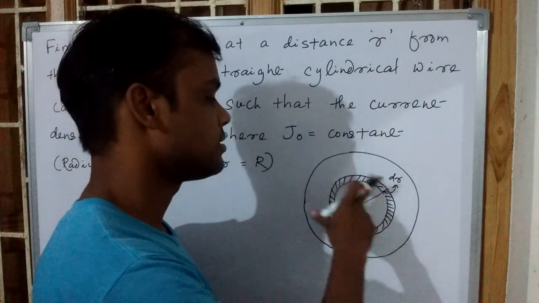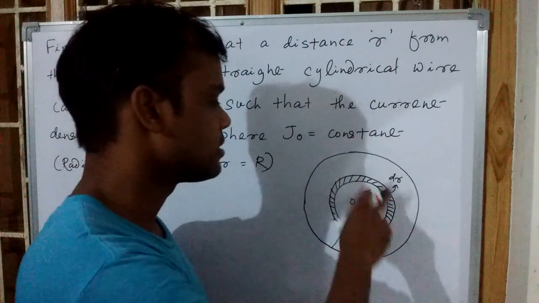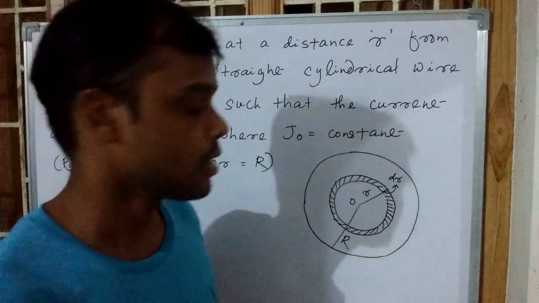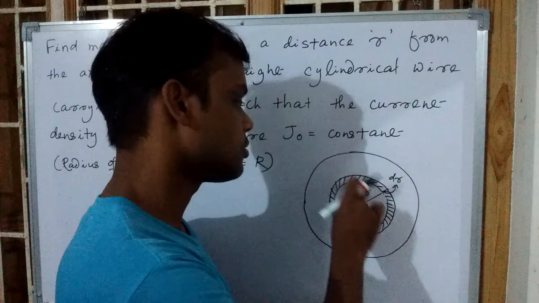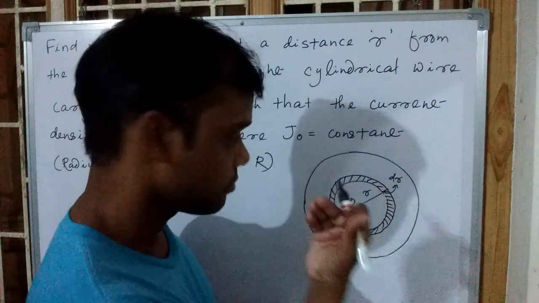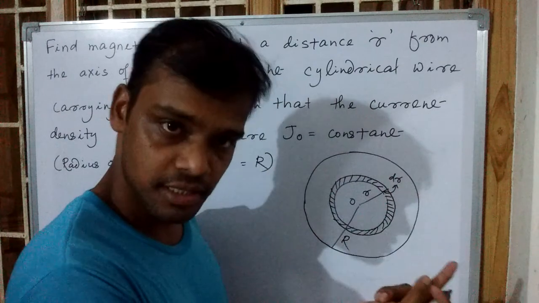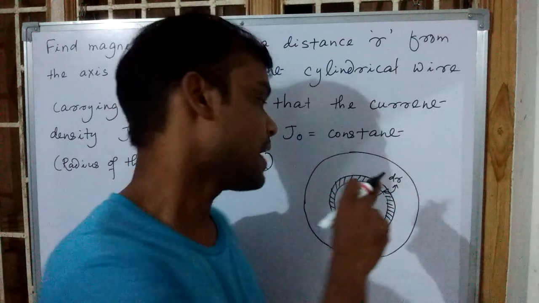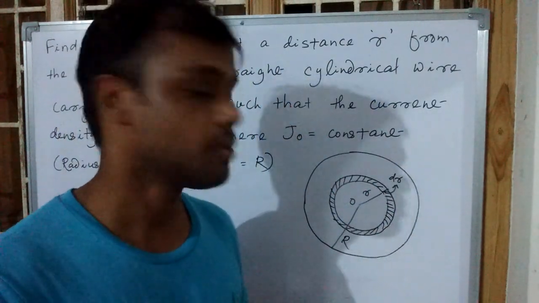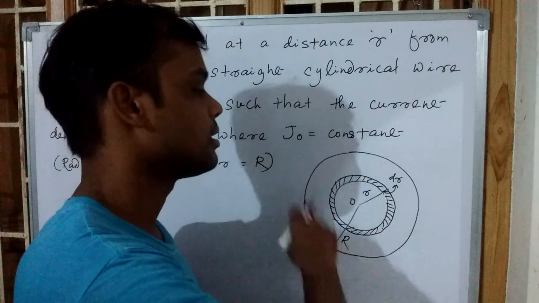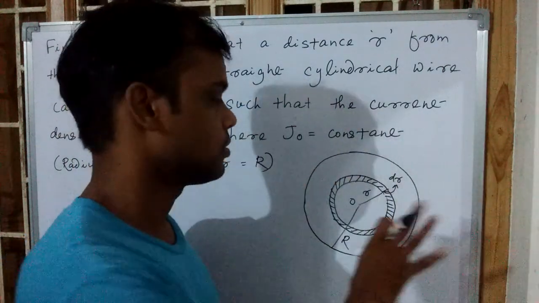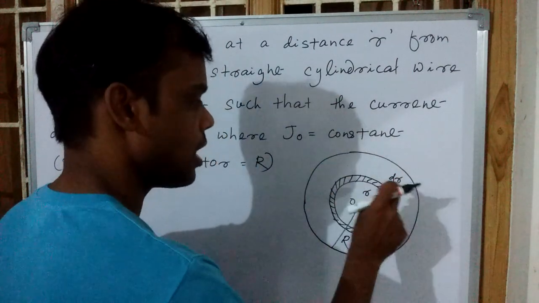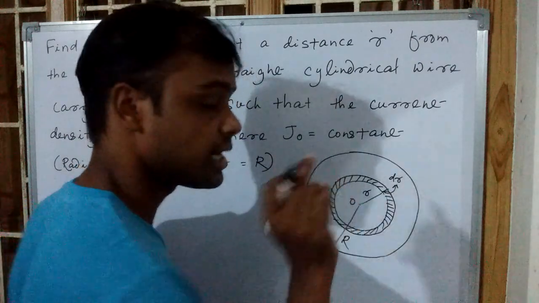Here my element is this ring. This ring is nothing but a portion on the cross section of the conductor, and of course this ring is also carrying some current in this direction. That means it is having some current density also. Then from that current value we shall first find the magnetic field at this point. Then from that magnetic field we shall integrate and find the magnetic field at any particular point. So let us first find the magnetic field at this point due to this ring.